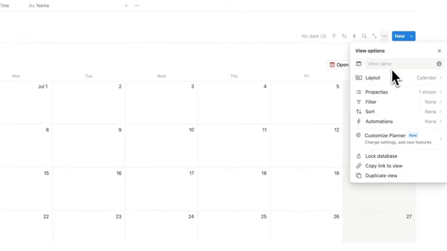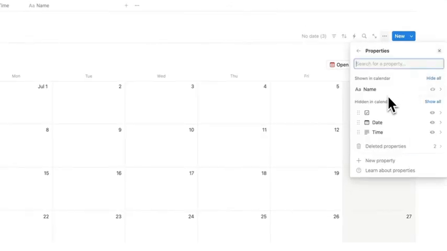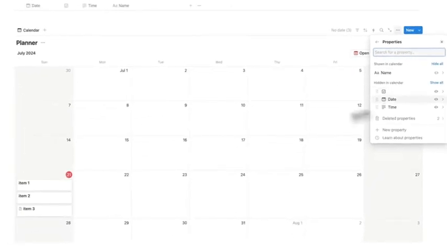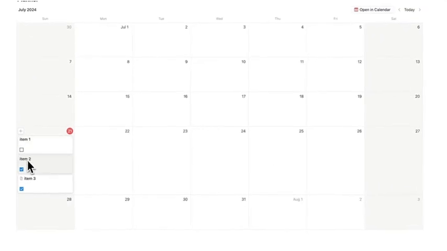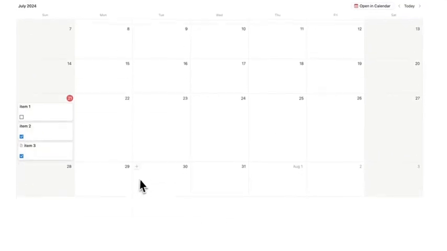So we will click on properties. And here I can say which properties do I want to be able to see before even clicking on one of these items. So I can say I want to see the checkbox, so I can click on that. And now I can see item 1 has not been done, item 2 and item 3 have been completed. If you want something a